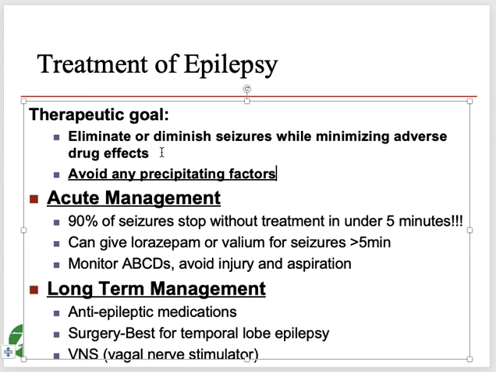Acute management is, of course, a different thing. For example, there is a condition called status epilepticus, and what you have to do when someone is fitting in front of you is a different thing. But what we are going to discuss now is long-term management. The first thing is when we have to give anti-epileptic medications. Guys, remember, when someone has two or more unprovoked seizures, someone who has known organic brain disease, or someone whose EEG is showing some abnormal activity, we have to start them on the drugs, right?